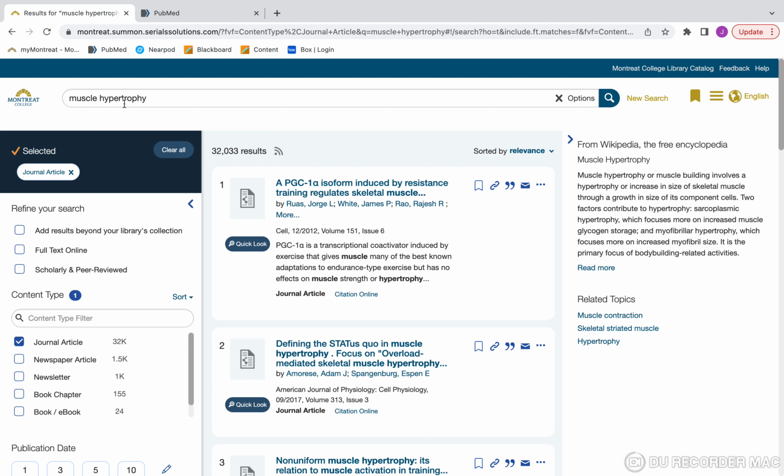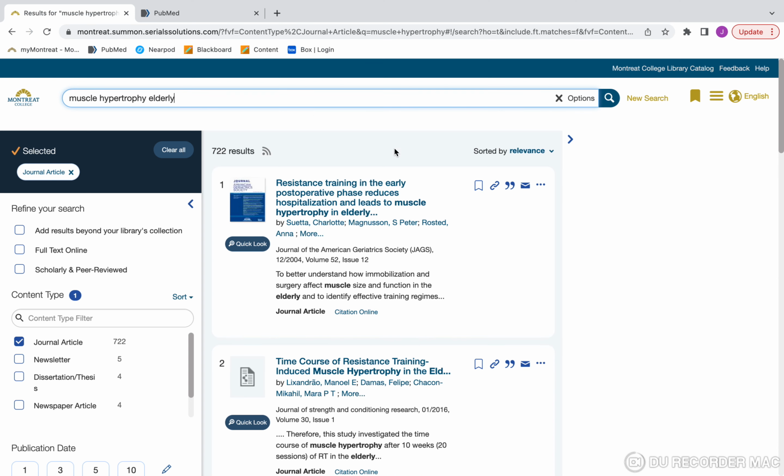which makes sense. We have a very generic term here. So what we could start to do is sort of narrow it down. We could go to the elderly. We want to know how to maintain muscle in an aging person. So we can keep going.